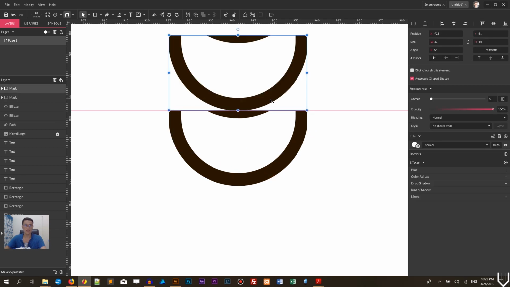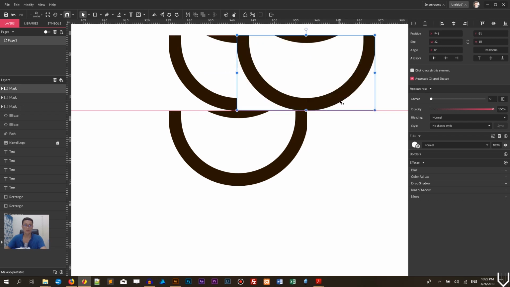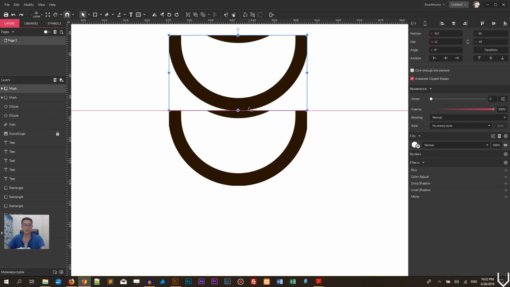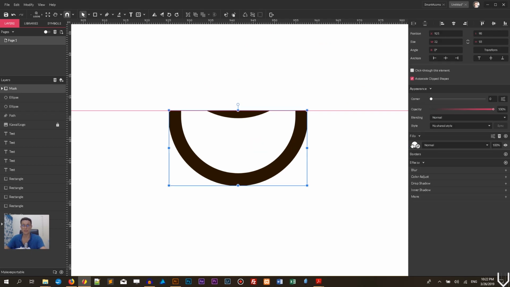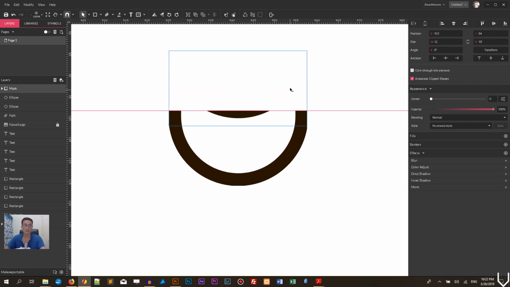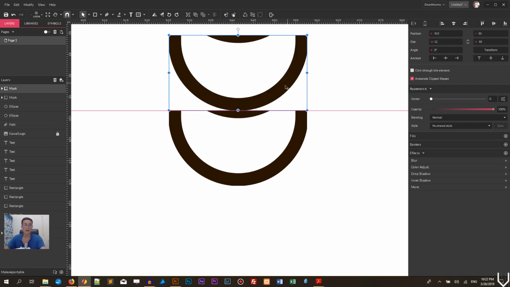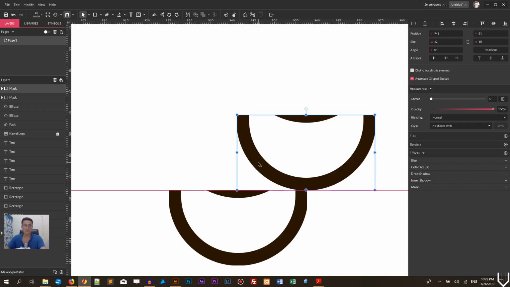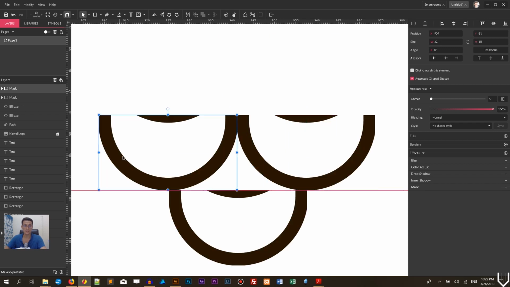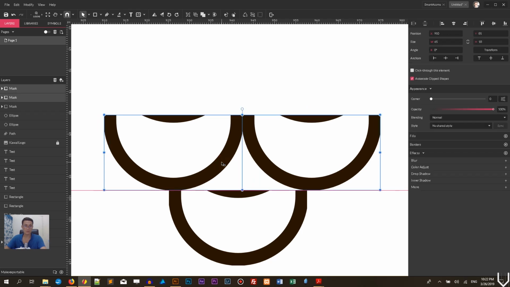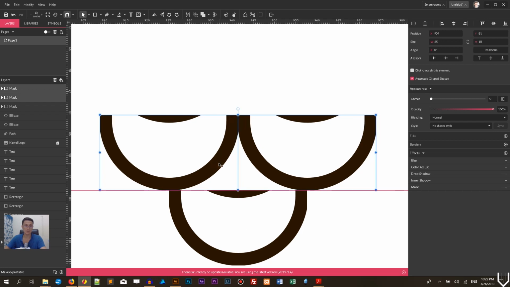Then duplicate this design again. Put one of it here. Guys, don't forget to delete, of course, the fill, because this mask again brings up a white fill. We don't need it. Now let's put half of it here and half of it here. And what I'm gonna do, I first want to adjust the placement of my semicircles a little bit,